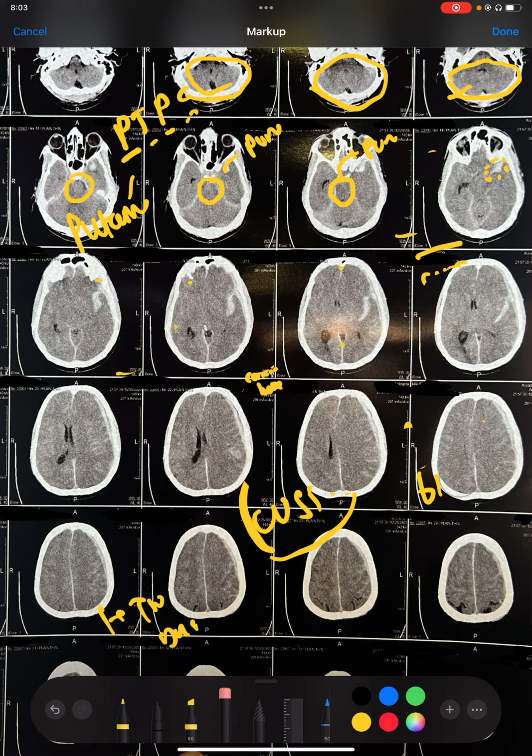Or if the blood pressure history or hypertension history is not there, the patient will always present with high blood pressure. So ECG may show LVH with strain. Echo may show very commonly moderate to severe ventricular hypertrophy, or the blood pressure measurements can show that the patient has persistent high blood pressure. So these are the very common presentations of hypertensive bleed or the CVST, that is cortical venous sinus thrombosis bleed.